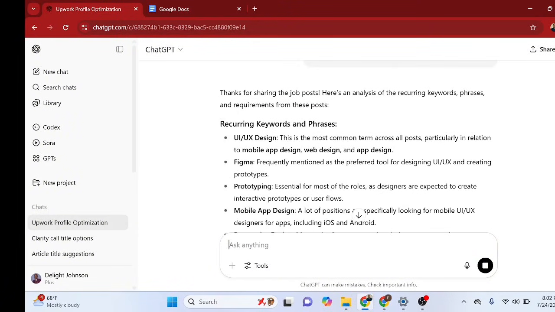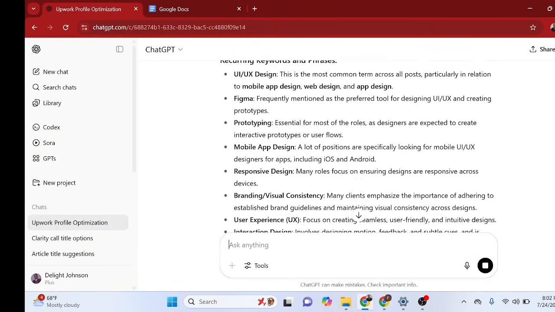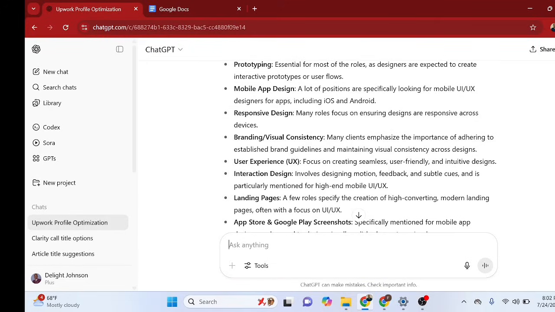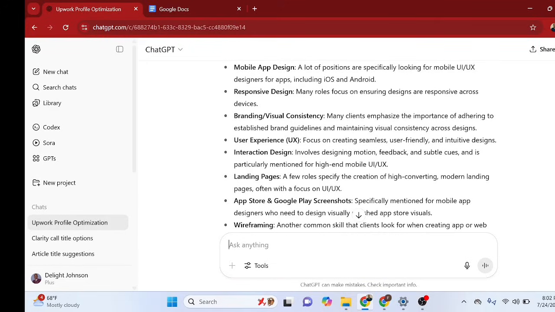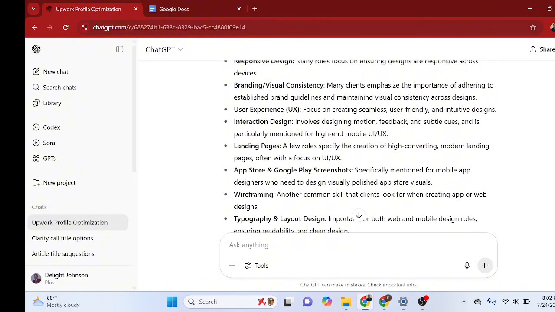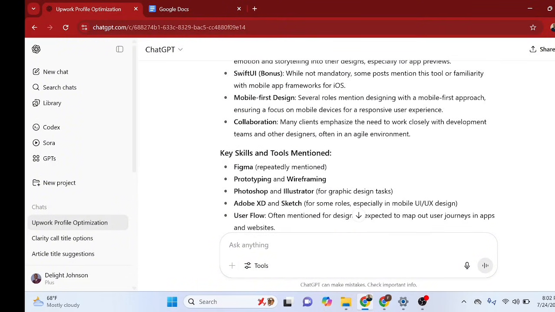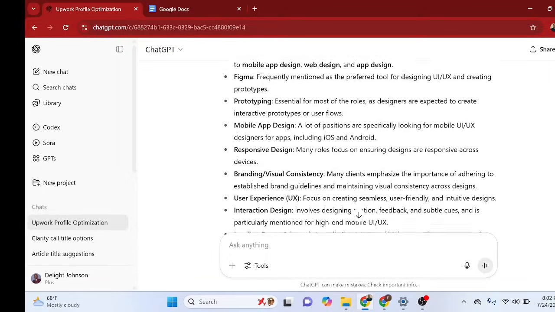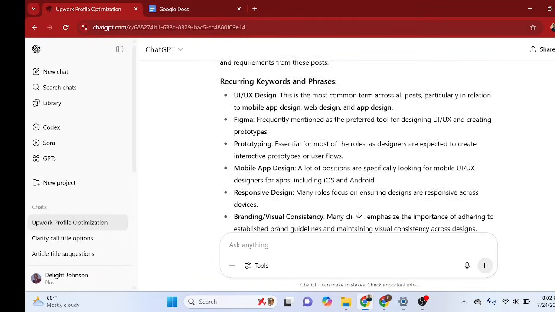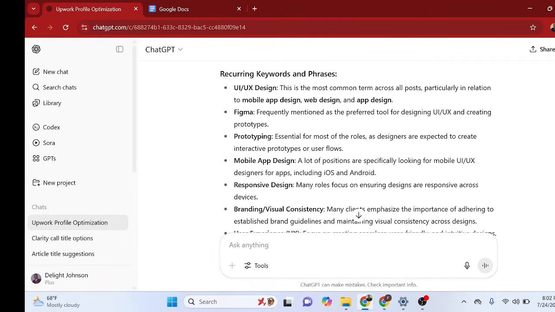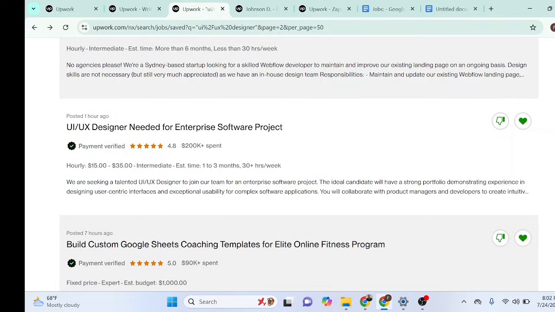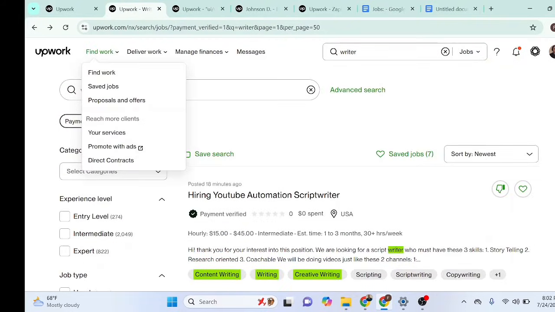So thanks for sharing. Can you see the recurring keywords and phrases: UI UX design, Figma, prototyping, mobile app design, responsive design, branding, visual consistency. Now this is a very important point. This is why you need to niche down. The more niche down you are, the better the results. Because you can see, I just used UI UX design here. If, let's say, I typed UI UX design for mobile apps, or for a particular kind of mobile app, as my starting keyword here on Upwork, at the very top, where I started searching,